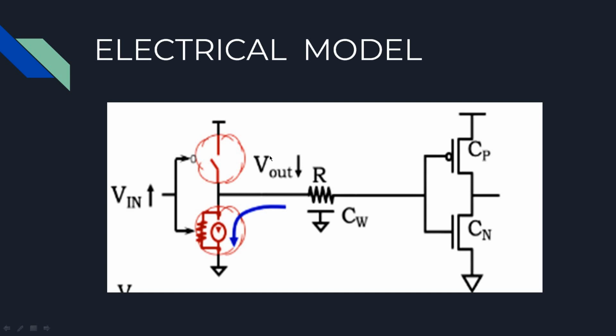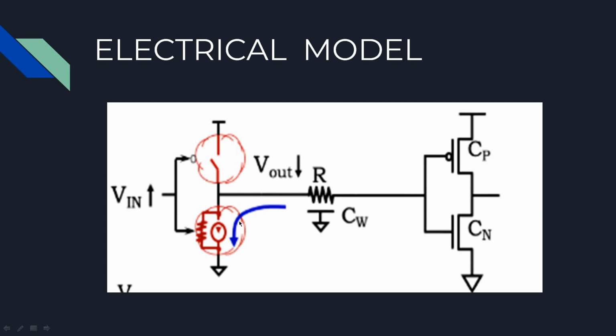The electrical model for this node includes the distributed resistance and capacitance of the physical wire connecting inverter 1 and inverter 2. And there is also capacitance associated with the gate terminal of the MOSFETs in the second inverter. When the output node is connected to ground, the charge on its capacitance will flow towards the ground connection through the resistance of the wire and the resistance of the conducting channel of the NMOS pull down switch.